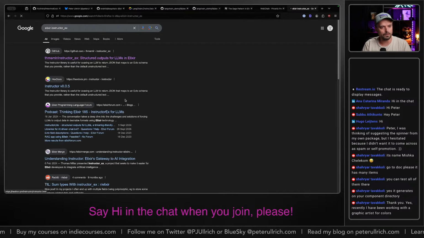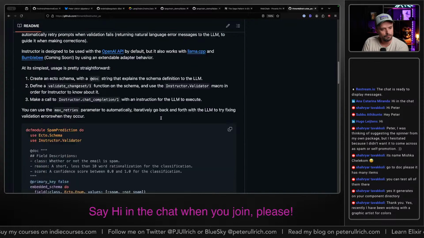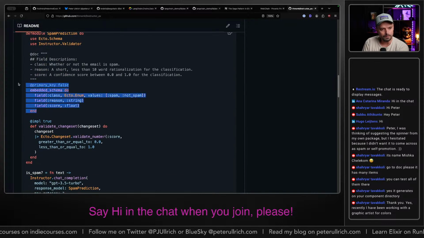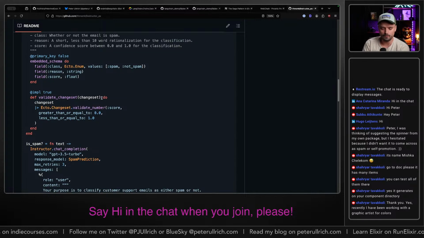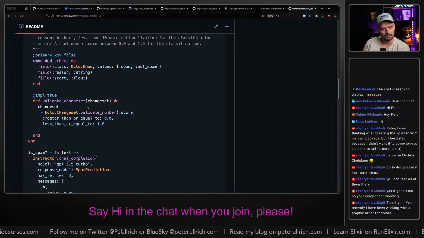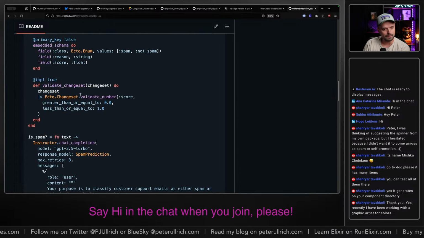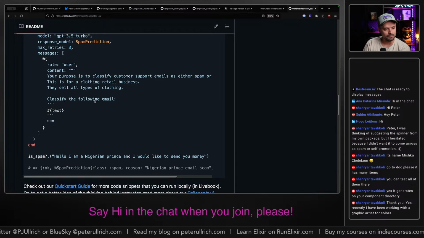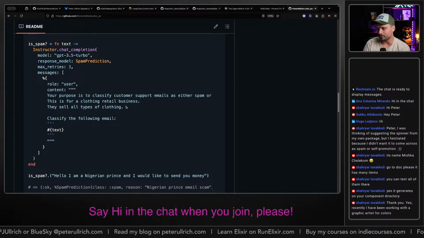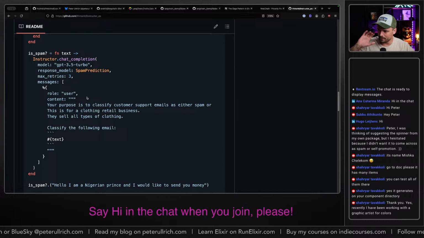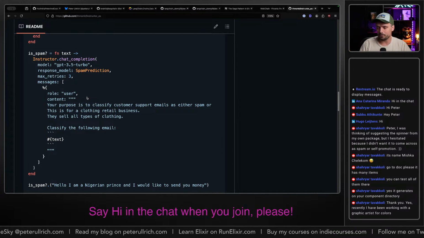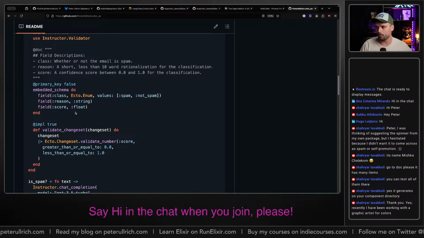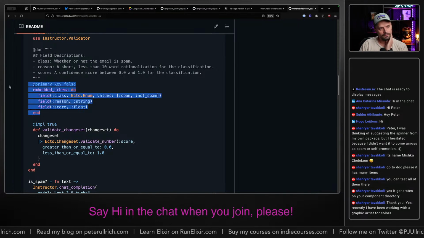Instructor EX. Yeah, this one is a bit smaller than LangChain, I believe, and it makes it really easy to define a schema and then to ask the LLM to return exactly that schema. So you say here, this is a text, and now give me the class, whether it's spam or not spam, the reason for why it's spam, and a score, like how spammy a text is. So this will be really cool to check text messages or emails and say, this is the email or the chat message, let me know whether it's spam or not. But then you always want to have the same return schema. So this is also really cool.